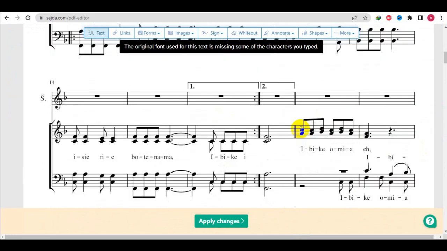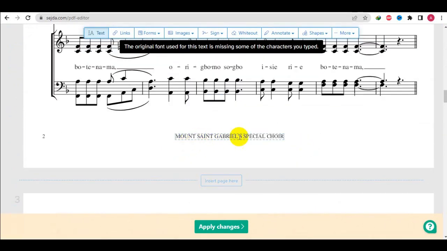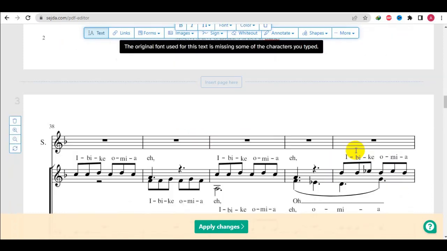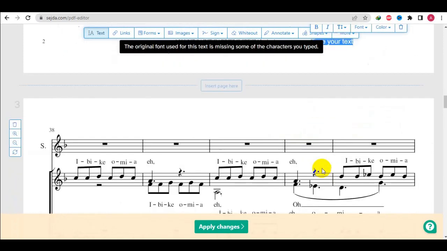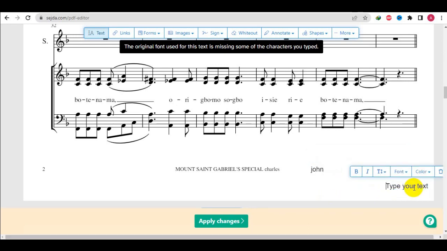Hope you understand what I'm doing. Can edit this. Not Saint Gabriel special choir. You can change it to any name you want. Maybe Charles. You can see it's edited. You can put any name here, John. You can even put your website here,